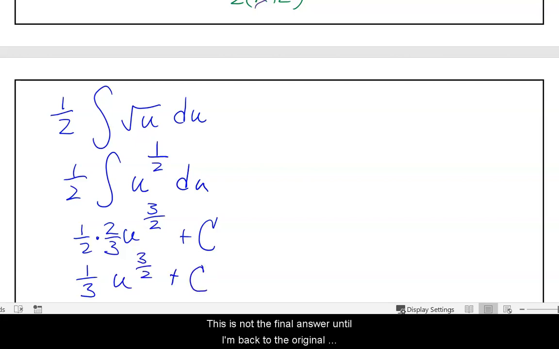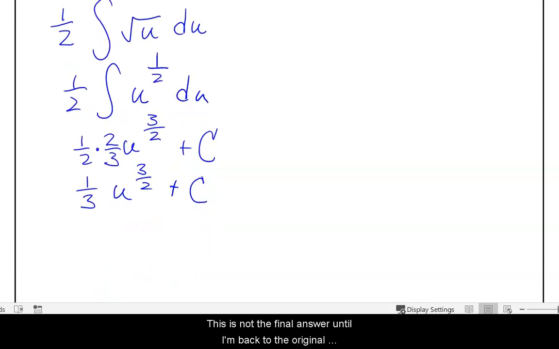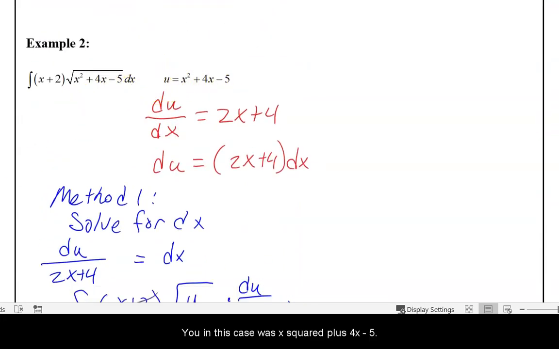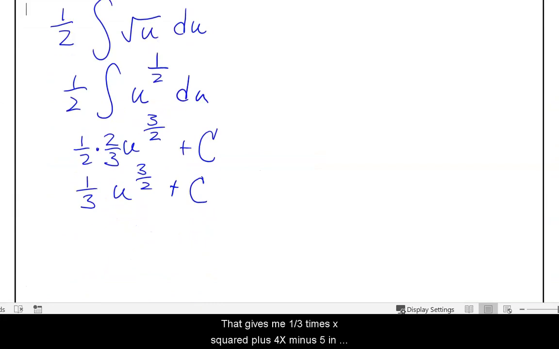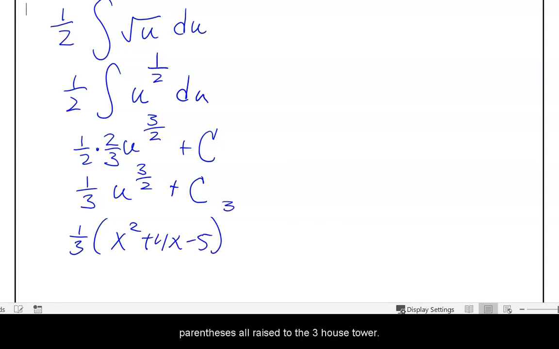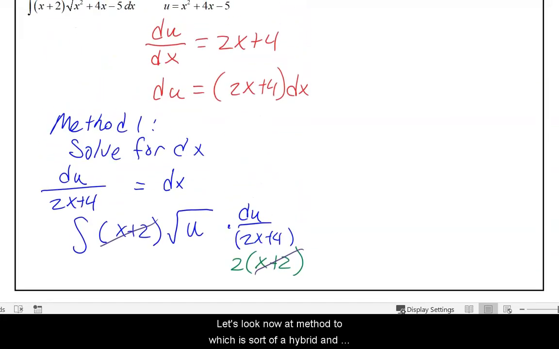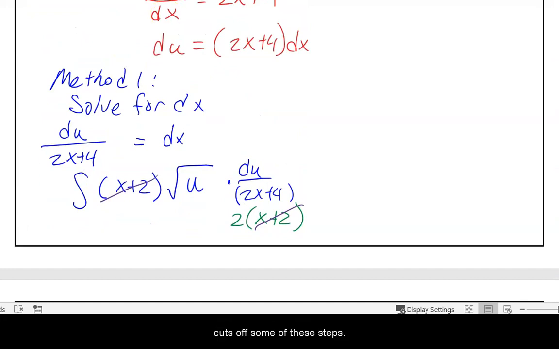This is not the final answer until I'm back to the original variable, which is x. U in this case was x squared plus 4x minus 5. That gives me 1/3 times x squared plus 4x minus 5 in parentheses, all raised to the 3/2 power plus the constant of integration. Let's look now at method 2, which is sort of a hybrid, and cuts off some of these steps